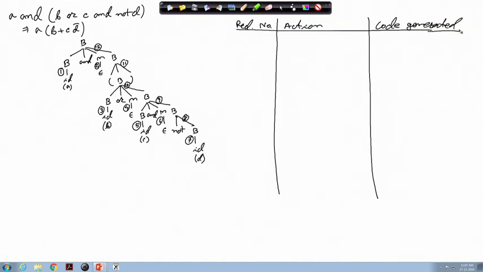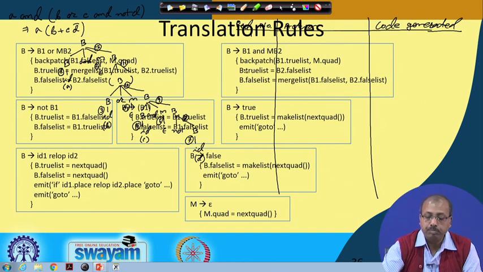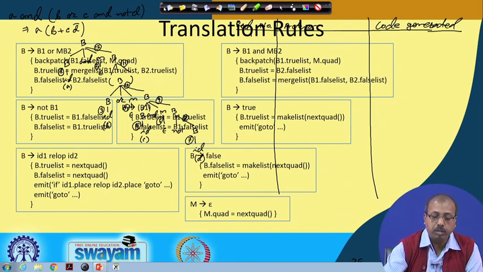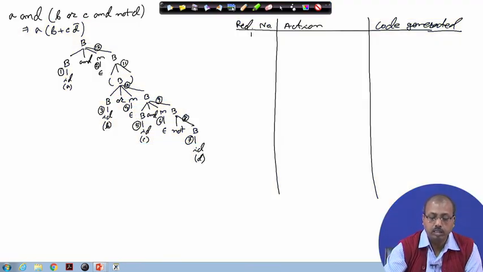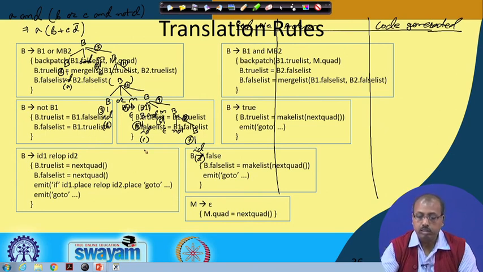Then at reduction number 1, if we look into the Boolean expression grammar rule, reduction number 1 is B producing ID.